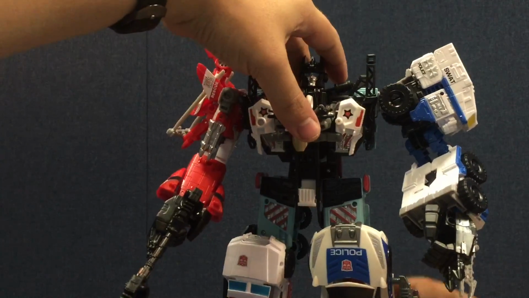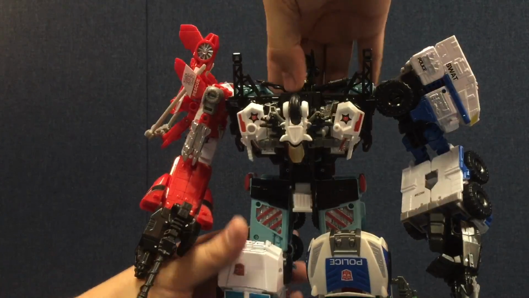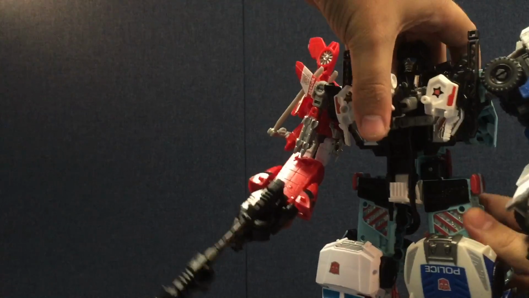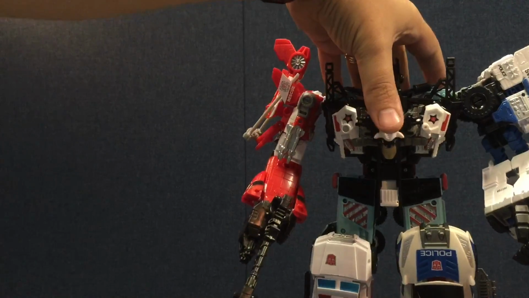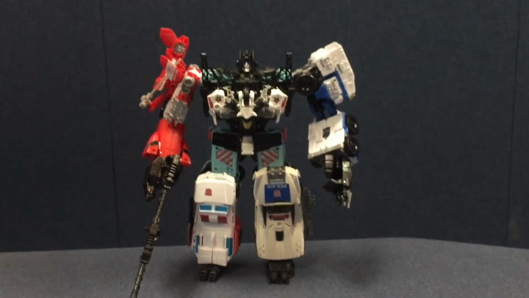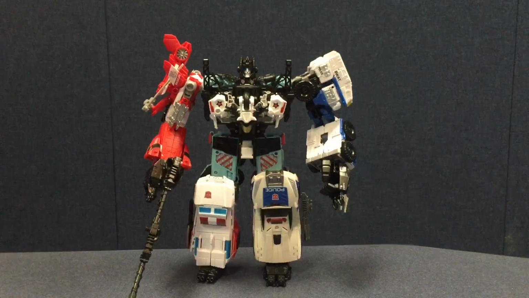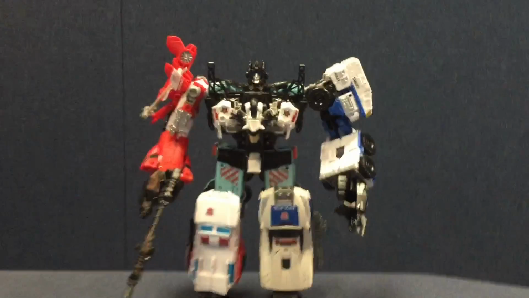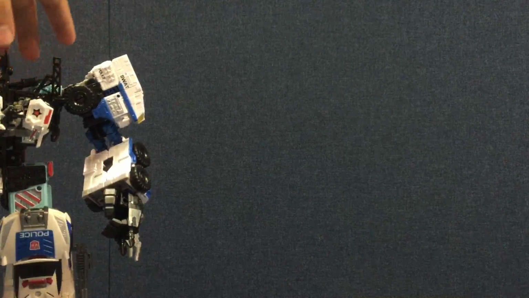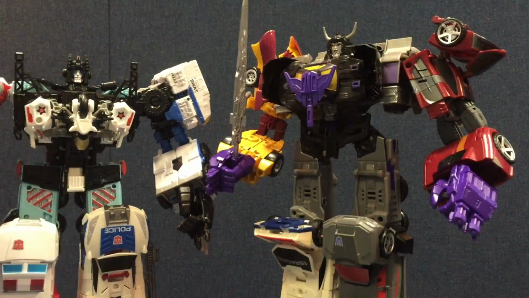So there's Defensor all combining. He's leaning. See if we can get him to ratchet back up, click, and stand up straight. Okay. So yeah, there he is with all 6 Protectobots. And one of the things that I'm super stoked about, as I said I would mention, is that now I can have him and Menasor fight on my shelf. I've been waiting for this